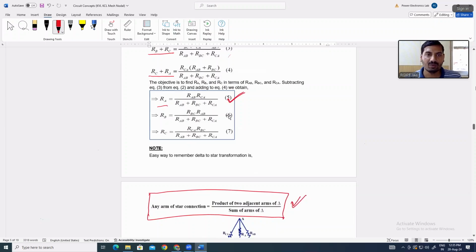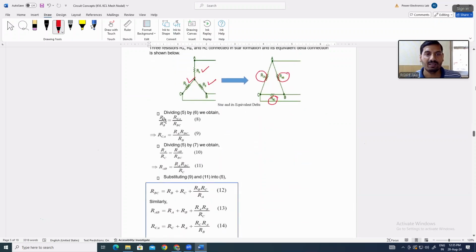5 में से 6 को डिवाइड करेंगे तो RA अपॉन RB मिलेगा। RA अपॉन RB विल बी इक्वल टू, यहाँ से RAB कैंसिल आउट हो जाएगा और ये वाला डिनोमिनेटर तो सेम है दोनों में, तो ये भी कैंसिल आउट हो जाएगा। हमको सिंपली मिलेगा RCA डिवाइडेड बाई RBC। सो RA अपॉन RB विल बी इक्वल टू RCA डिवाइडेड बाई RBC। क्लियर। सो इसको हम इक्वेशन नंबर 8 रिप्रेजेंट करेंगे।